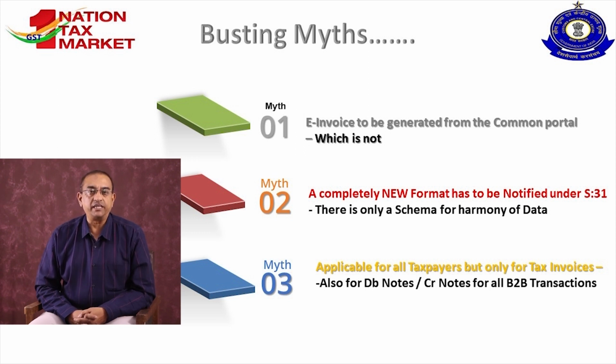Second myth that is associated with e-invoicing is that a new format has been notified for generating e-invoice, which again is not correct. There is no new format that has been notified with reference to this. The existing format can be used. Third myth associated is that e-invoicing is for all taxpayers and for all business transactions, which is also not correct. E-invoice is required only by specified class of persons and only for specified types of